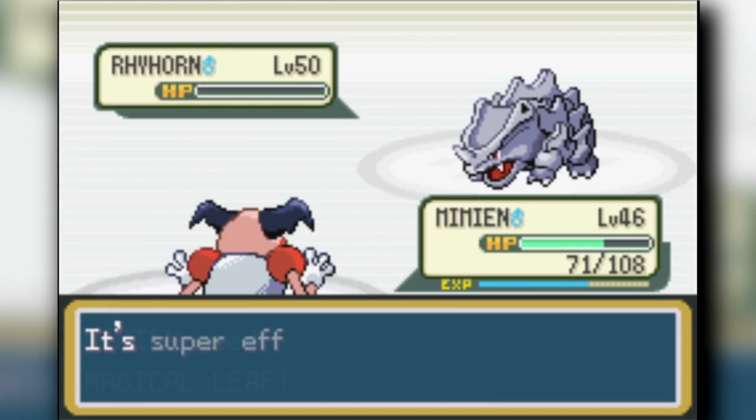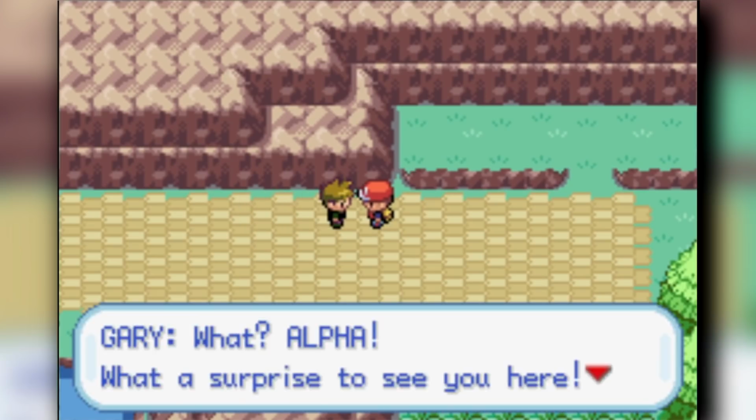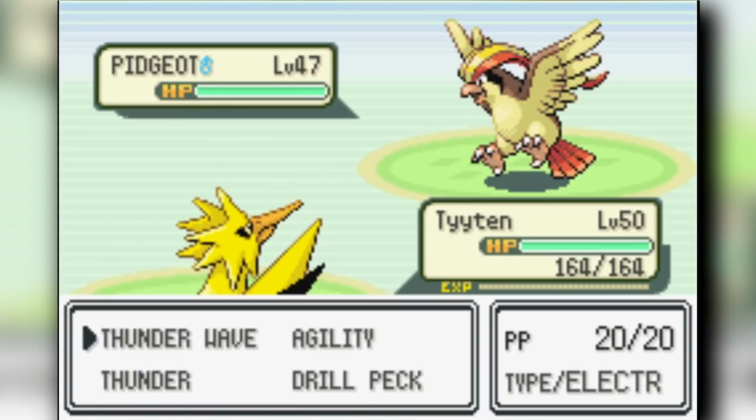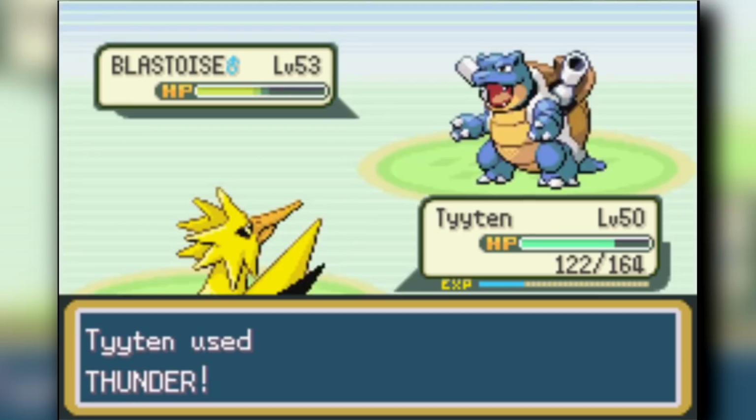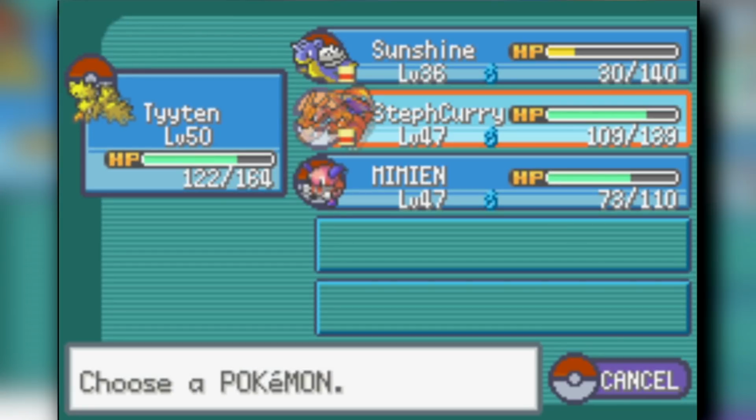From here, we're going to actually fight against our rival at the penultimate fight. Our Zapdos is able to clear through most of the threats on his team because he's such a high level. Thunder does one-shot the Blastoise. Now that our team is kind of set up, we're actually going to go do some miscellaneous tasks and get